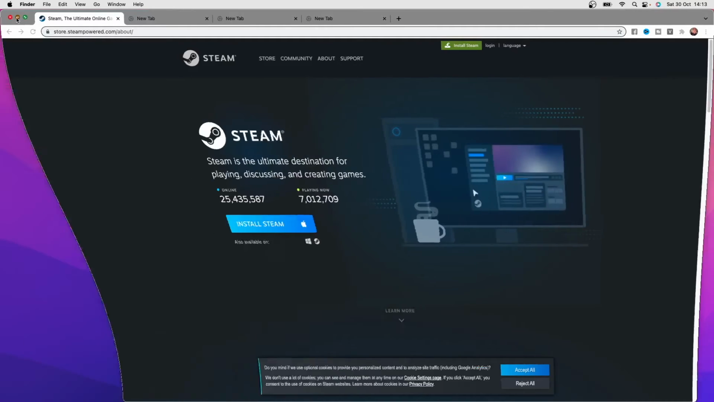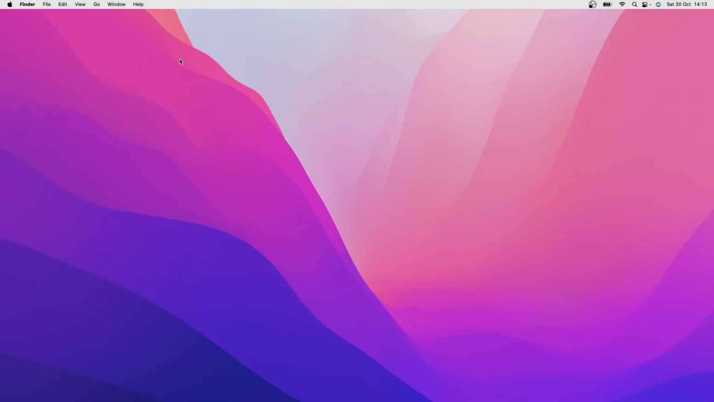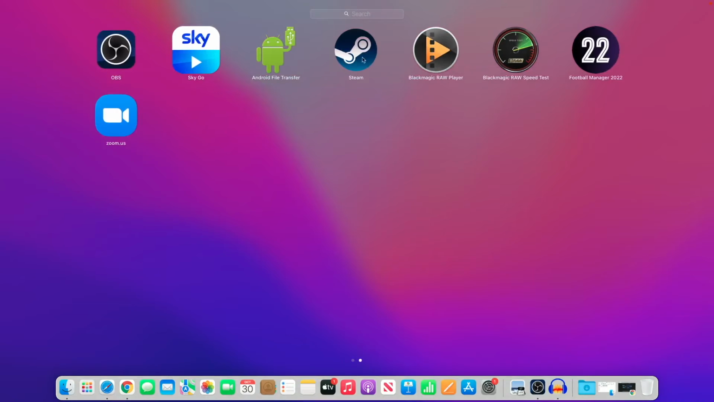And then if I minimize this and go over to my Launchpad and scroll across, as you can see, Steam will now be located here within my applications. So it's just that simple,